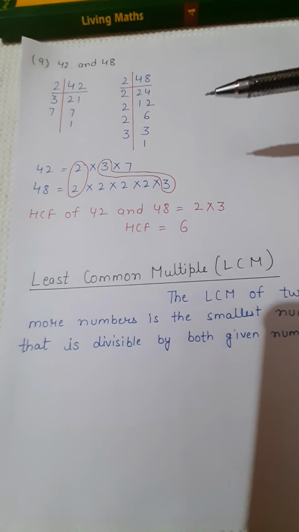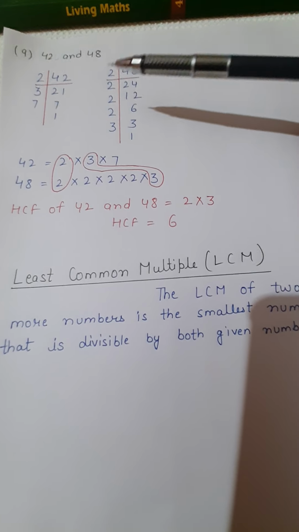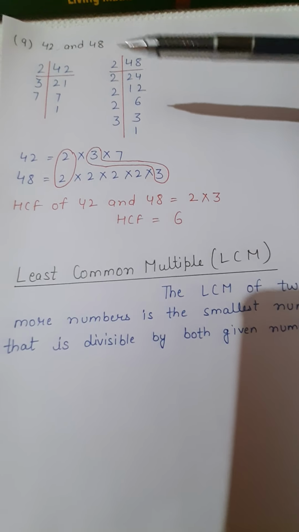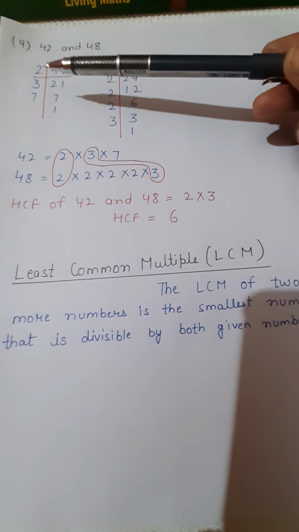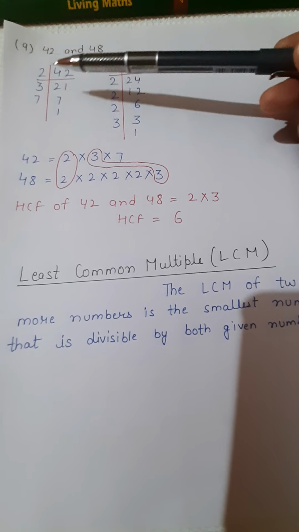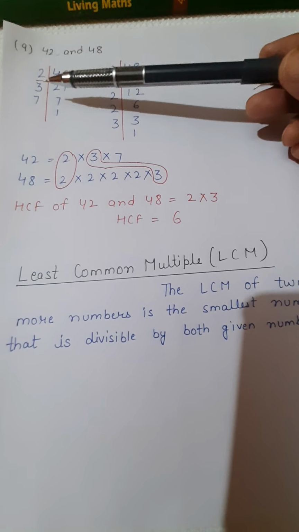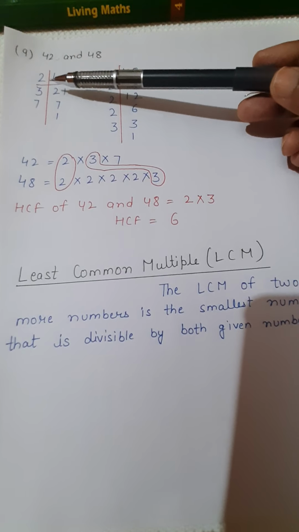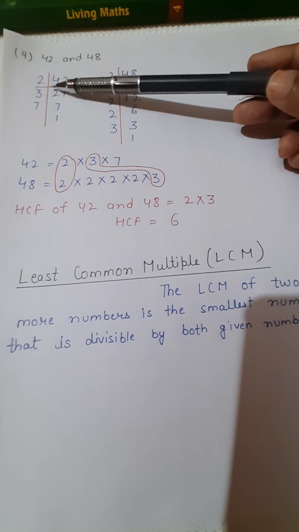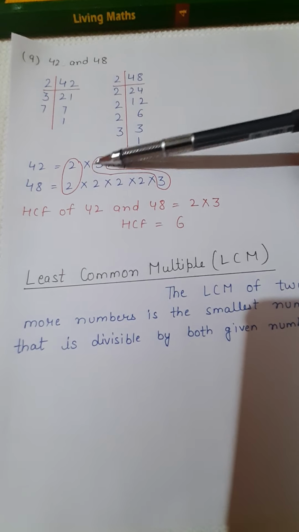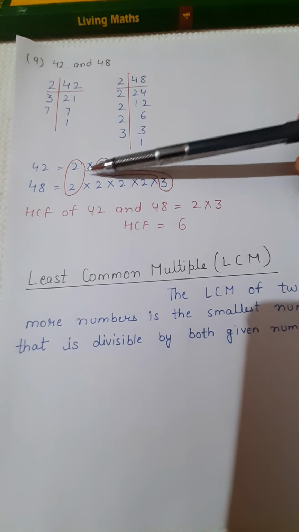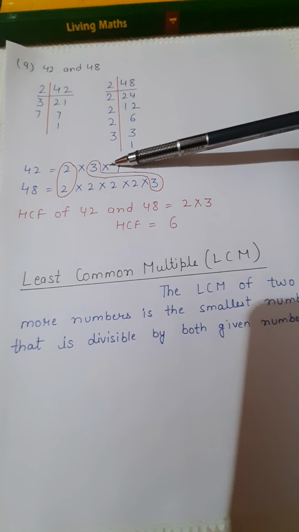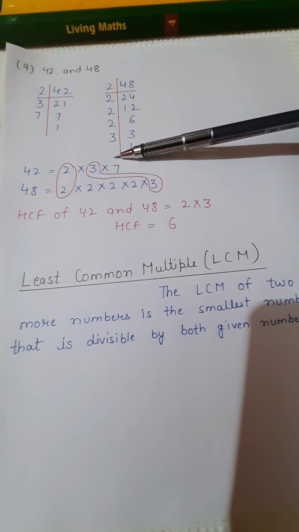Now I am explaining one more part of this question, part A. This is 42 and 48. We have to find the common factors, the HCF. So for 42, write the prime factors. 2 2s are 4 and 2 1s are 2. Then 3 7s are 21 and 7 1s are 7. So the prime factors of 42 are 2, 3 and 7. You cannot put a comma in between; you always put the multiplication sign. 2 multiply 3 multiply 7.